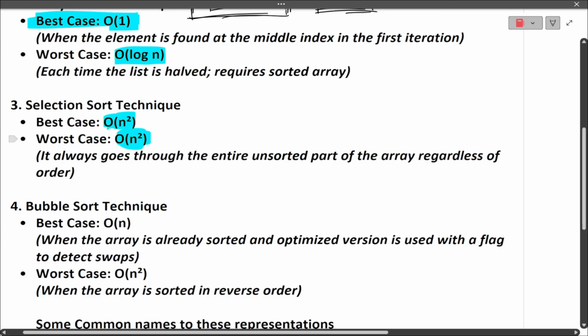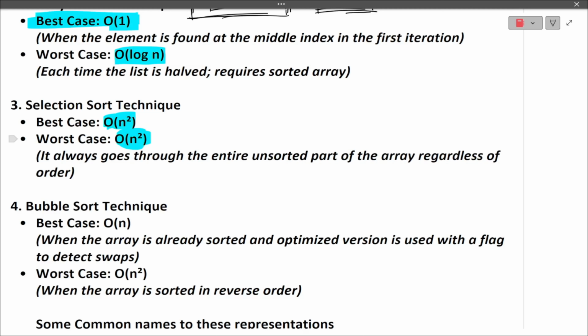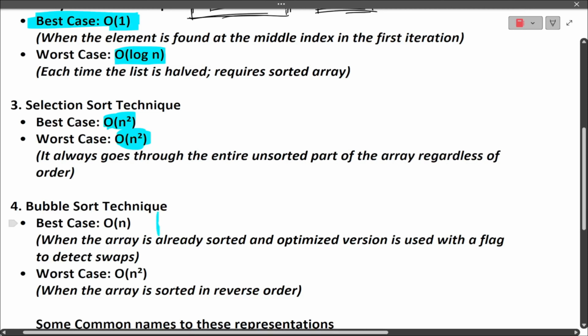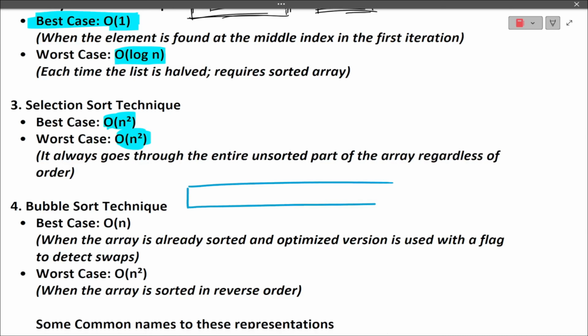The best case could be omega n. Why? Because if you look at this very carefully, you will observe this. Let me define bubble sort. Bubble sort means the neighbor values are compared and then swapped, checked and swapped, checked and swapped. So the best way would be when it works for once. Yes or no? If this swapping is done at once, that is